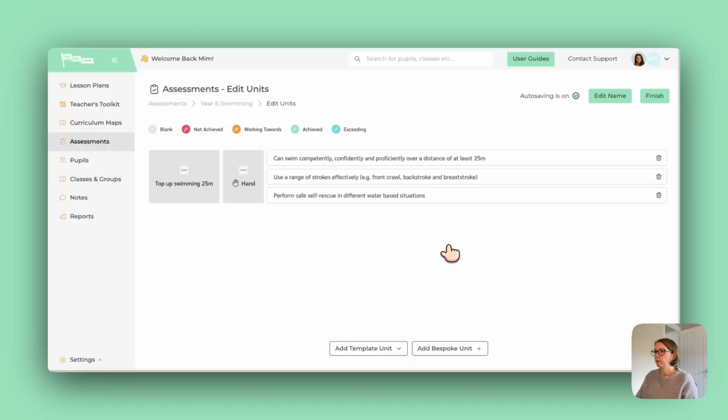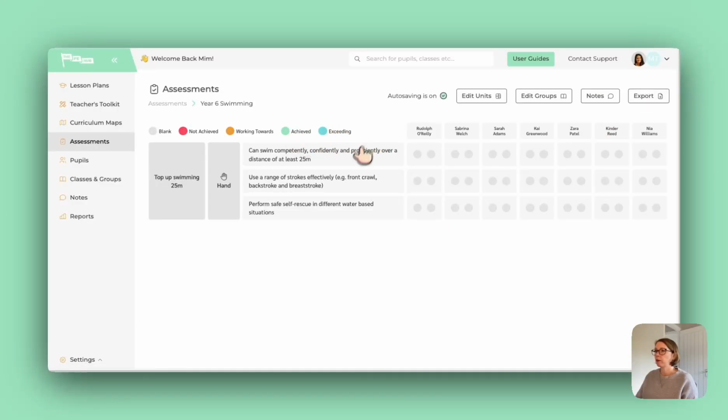Don't need that one. So now I've got my top-up swimming, 25 metres, can swim competently and confidently, use a range of strokes and perform safe self-rescue. When I've completed that, I click finish and you'll now see that I've got my 3 statements and all of my children that we've just imported in that top-up swimming group. So you're now ready to